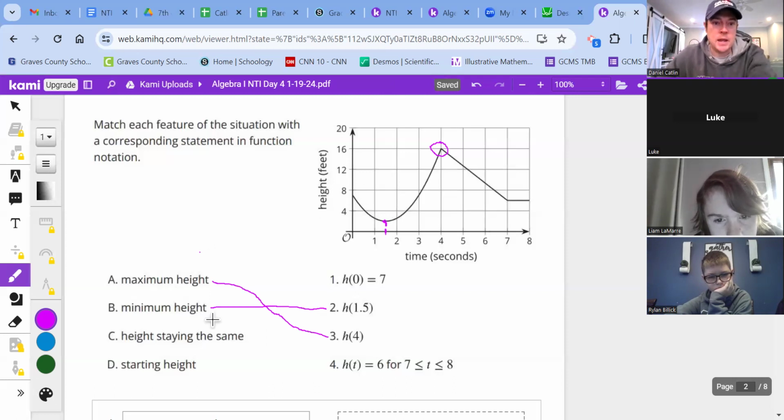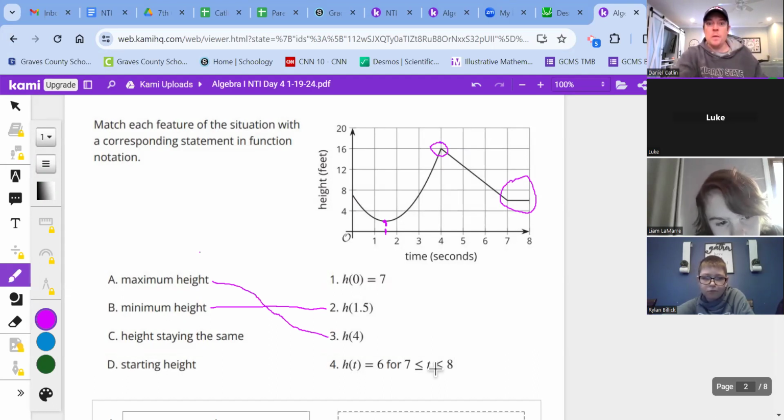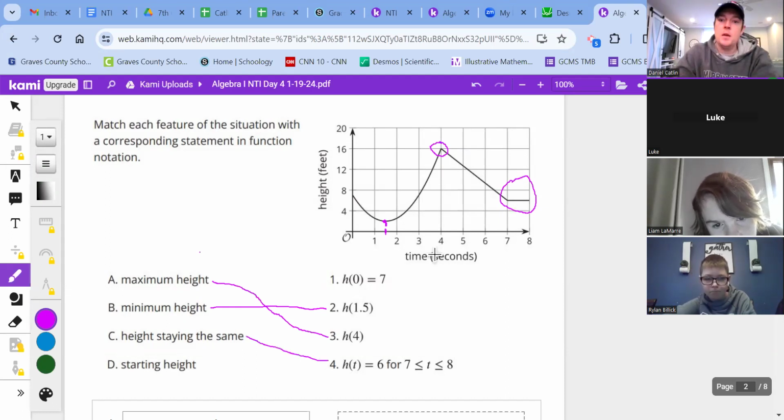Where the height stays the same would be no change. So we're looking for a horizontal line, and that happens on the graph right here. But what does the function notation look like? Is it h of 0 equals 7, or is it h of t equals 6 for inputs 7 through 8? And I think the way that I just described it there, and as I'm seeing you guys type in the chat, Riley, yeah, it's 4. So that one would match with the fourth one. So C goes down here because